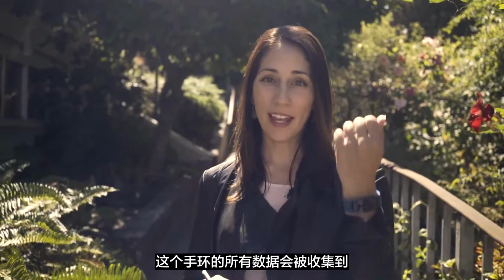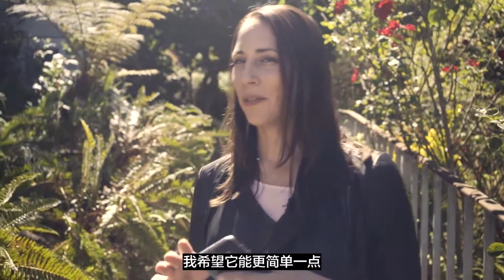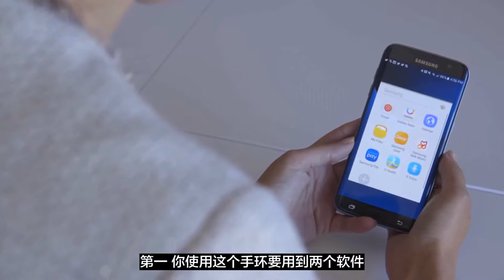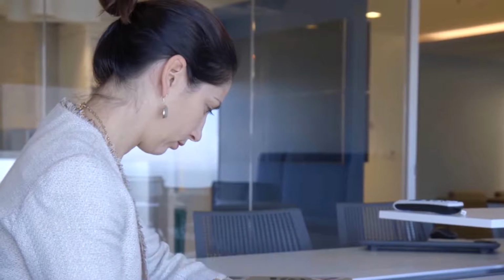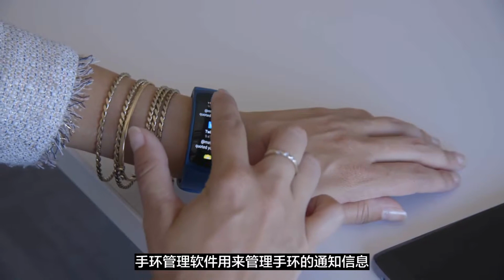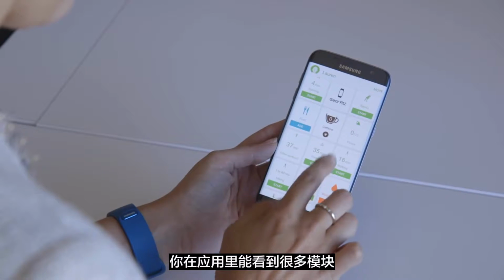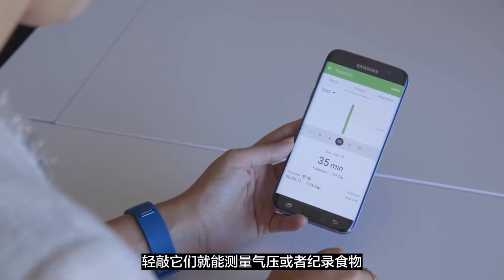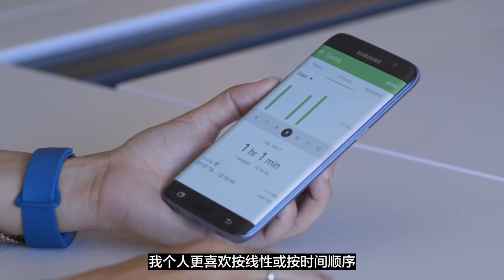All of your data from the band is going to sync to Samsung's S Health application. I like the S Health app, and it syncs pretty quickly. But I will say, as with a lot of Samsung software, I kind of wish it was simpler. First, you're going to need two apps to even use this band. The Gear Manager app, which is the same one you use to manage Samsung smartwatches, and the S Health app. The Gear app is where you're going to manage all of the notifications that appear on your band, and the S Health app is where you're going to manage your health settings. So you'll see a bunch of tiles here, which you can tap on to measure your stress, or log your food, or see more information about a specific workout, but personally I'd rather see it all in a linear or